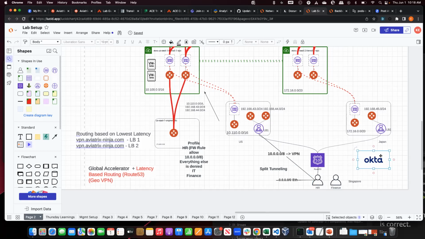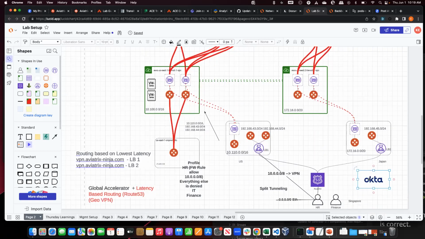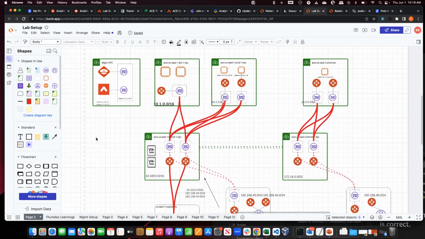If you're doing it via Okta, remember the permission group discussion that we had in authentication. Okta is going to authenticate the user. And once the user is authenticated, Okta will know which group and which profile the user belongs to. Then it will have to share this information with the controller. If I put Okta here just to make things easier, after authentication Okta will have to go and tell the controller,